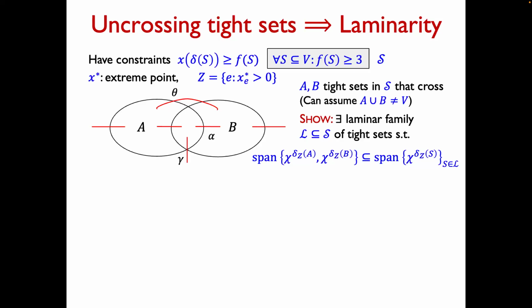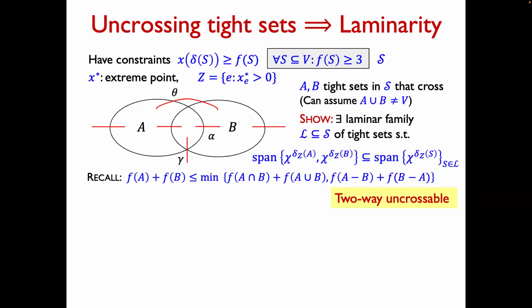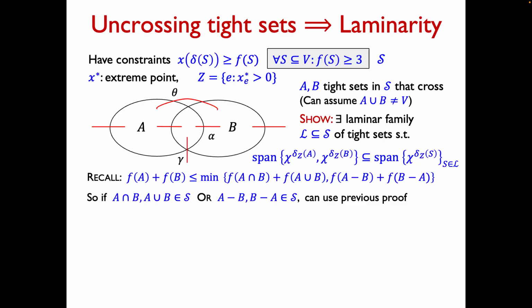So now I have these tight sets, they cross. So all of these A minus B, A intersect B, B minus A are non-empty, and the complement of A union B is also non-empty. That was exactly what we needed to utilize this 2A uncrossability property. So I have the stronger inequality, the same thing there on the right, but with min here. And what that implies is that, as long as both of these sets are in my collection, I can use the previous argument,